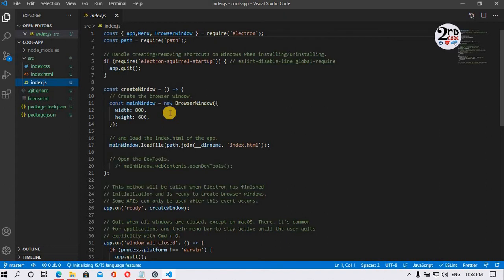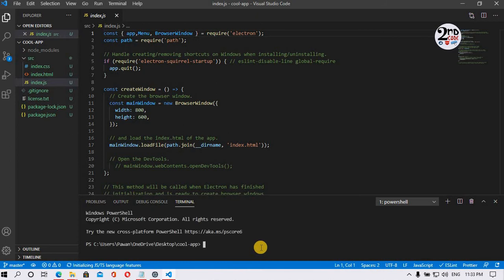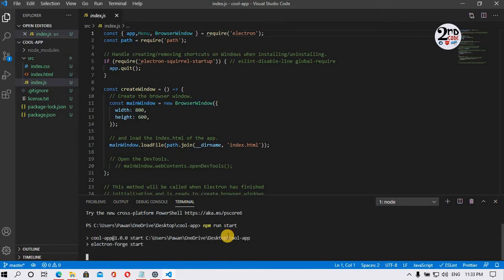Just enable the terminal. I am going to show you the basic and default Electron.js desktop application, and then after I will show you how to make your own custom menus inside Electron.js.